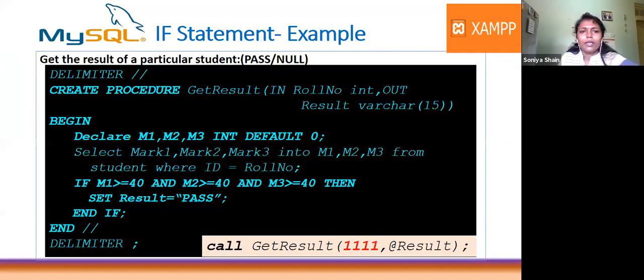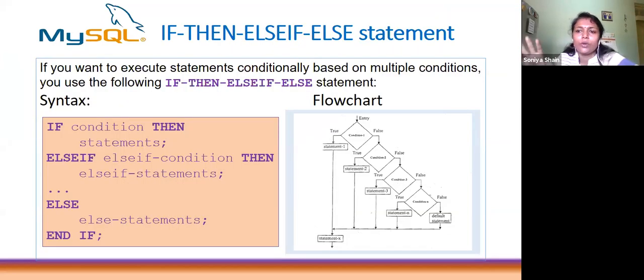Okay. Next, if then else if else, that is a group or set of conditions you have to check. I have taken the example of determining the grade of a student. The grade pattern we can set in any manner. Here I am going to give some conditions depending on the average percentage. If the percentage is greater than or equal to 90, it will be outstanding. After that it will be excellent, very good, like that. A lot of grades we can set.